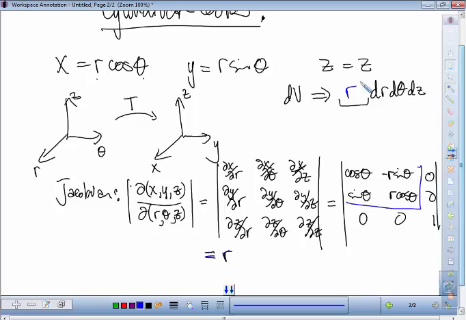So whenever you use cylindrical coordinates, we need to include that extra r, just like when we use polar coordinates. Tomorrow you'll see another transformation that's going to be a little bit more complicated than this. It's not as simple as just bringing a 2-dimensional idea to 3 dimensions, but it's going to look at a